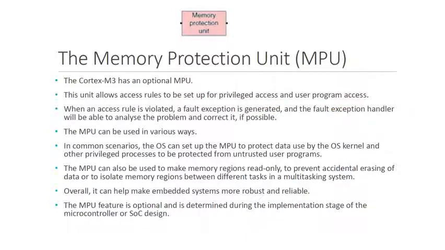So that means privilege means having some freedom. So certain instructions can access the memory. Certain instructions are allowed, but all user programs may not be allowed to access the memory. So that is available in this case. So it is like maintaining the privacy here. Okay. When an access rule is violated, how should it be notified?